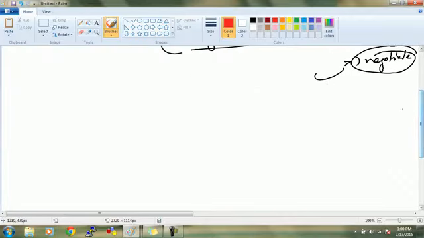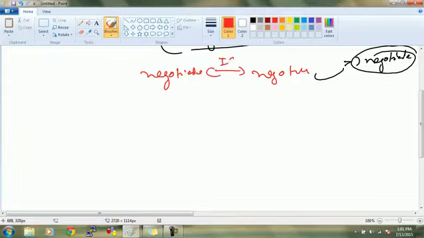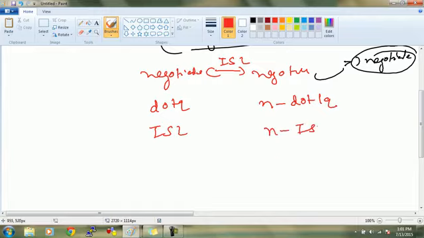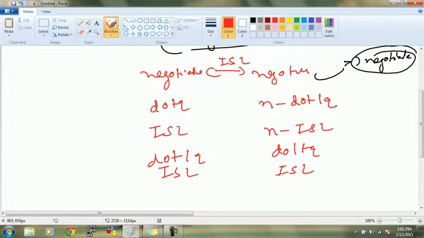Now I am writing the cases here. By default it is negotiate on both ends. Any problem? And they will by default negotiate. If you are setting dot 1q here, it will negotiate dot 1q. Agree? If here you are setting ISL, it will negotiate ISL. On both ends you can also run the same. Clear? But